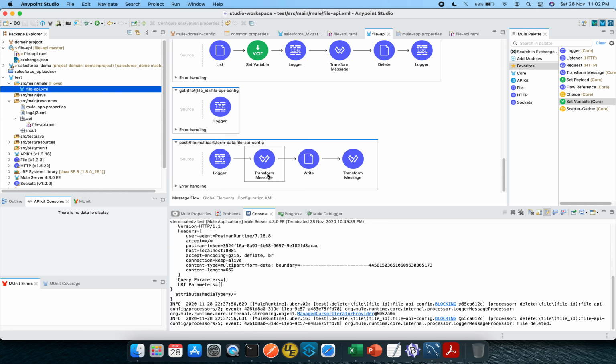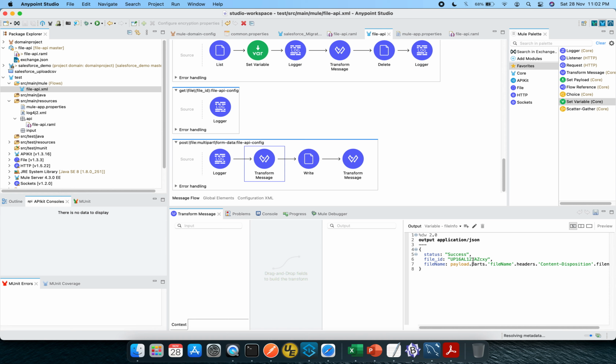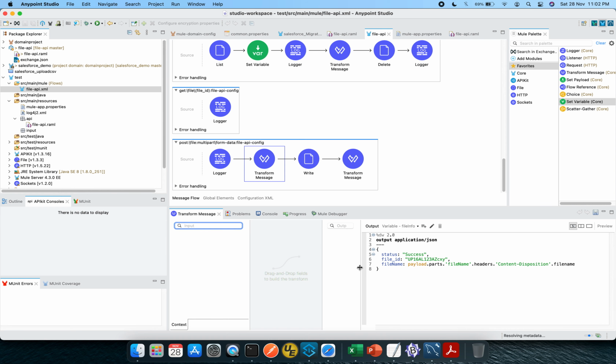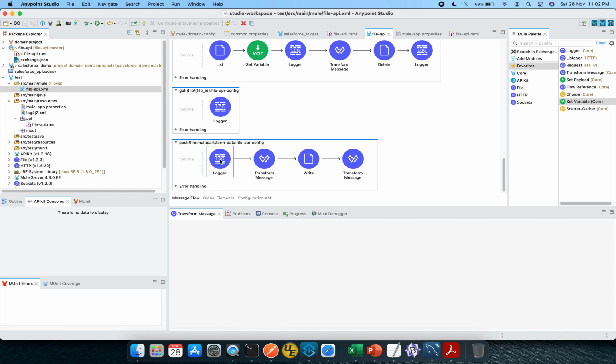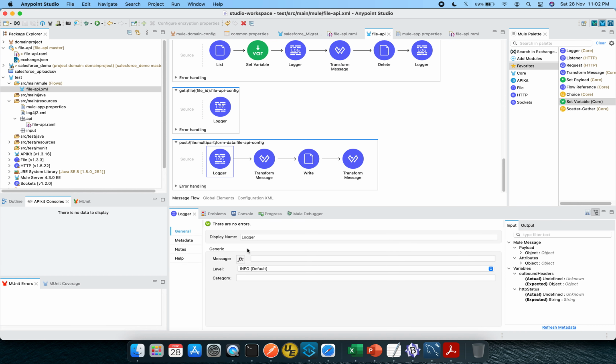By default it will create this transform message only. Within the transform message, if you try to see, it will have the file name, and the file name will be picked up from payload parts, file name, then headers, content disposition, and the file name. I will try to explain this particular part as well when we run this use case. But what exactly it is trying to do, it is going to first log the message. Let me put something,